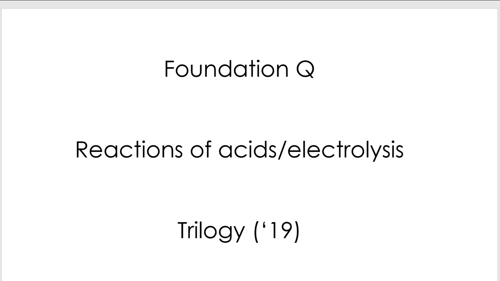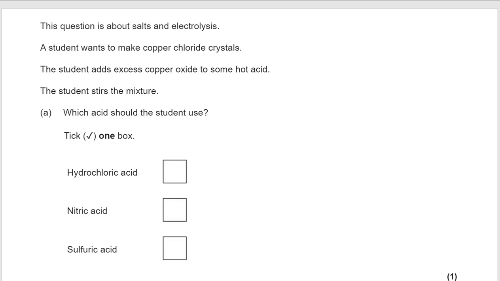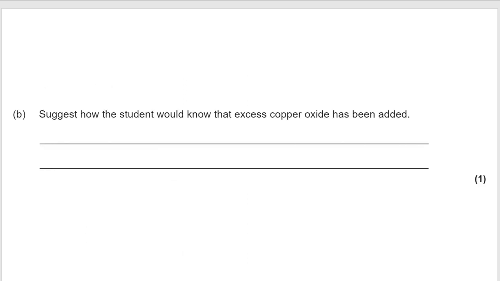This is a GCSE AQA Foundation Trilogy question on chemistry. In this question, we're looking at the reaction of acids and we're looking at electrolysis. So I'm going to put all of the separate parts up, and when you've gone through them, pausing, you can review your answers. Here's part A, part B,